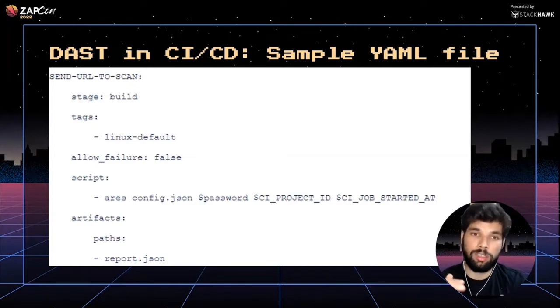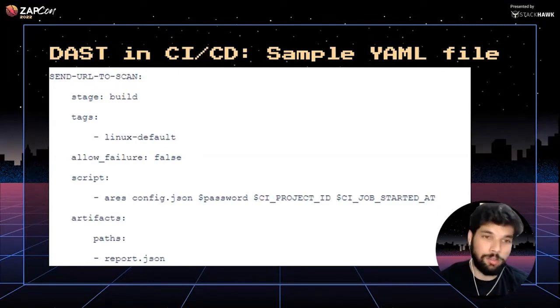We want the delta between a UAT and, let's say, a QA to be scanned. We do not want the delta to be missed because somebody just scanned QA and you're straight off to production using that as evidence, right? So that is why we felt DAST in CI/CD was important a couple of years back.